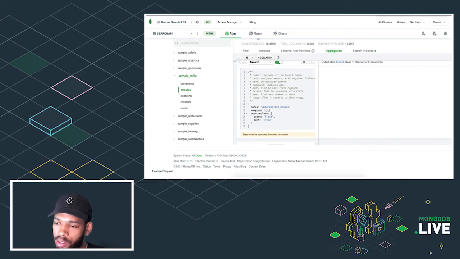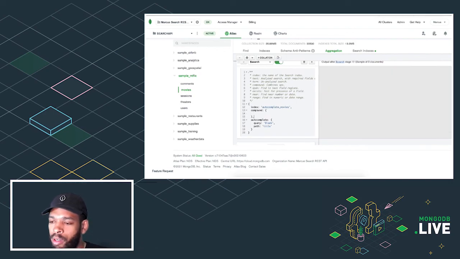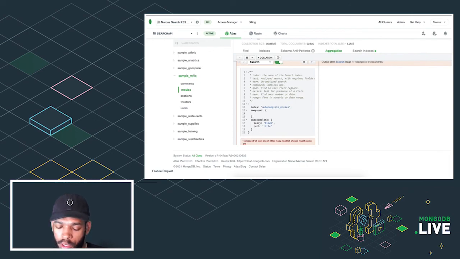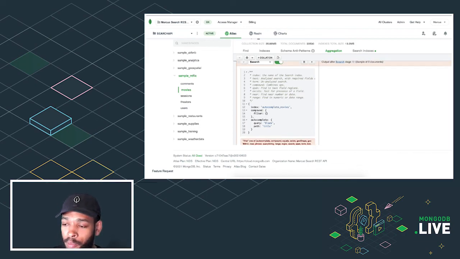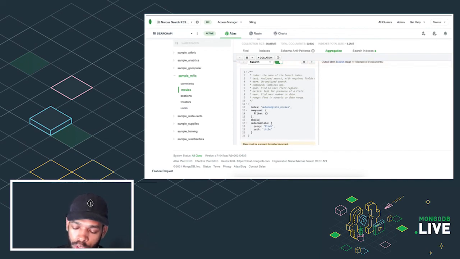In this case, we're going to use filter to limit the documents returned only to the document that we want to see, which is Blade of Kings. It's a new movie for me. I've never seen it. I'm interested. And we're going to wrap this autocomplete query in a should clause.